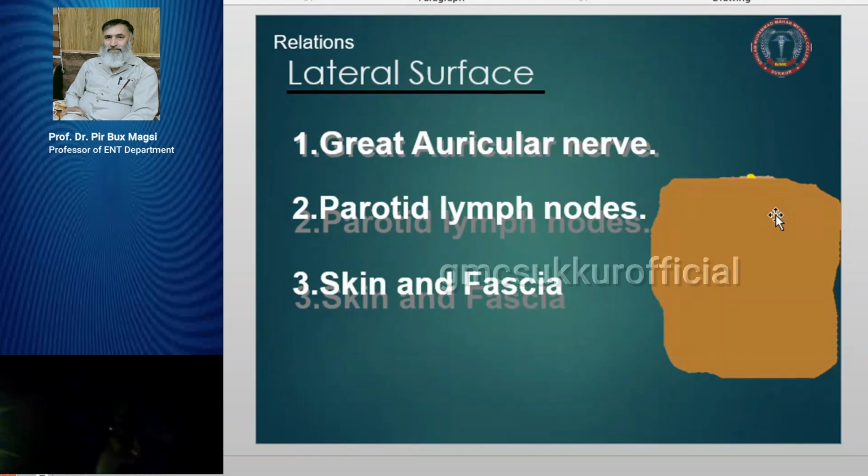Sometimes there is lymphadenitis, meaning inflammation of the lymph nodes, like tuberculosis, lymphoma, inflammations, and secondaries in the lymph nodes, which also cause paralysis of the facial nerve. If you treat the lymph node properly, then you will get the function back. Otherwise, the patient has a very ugly looking face.